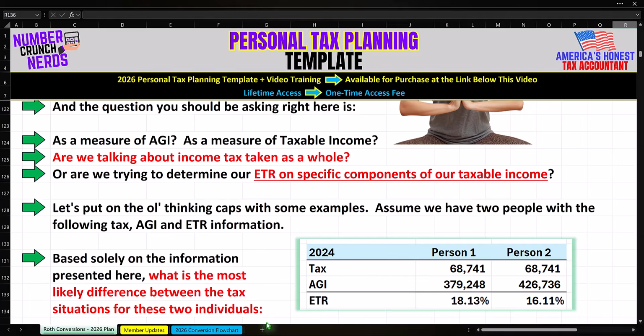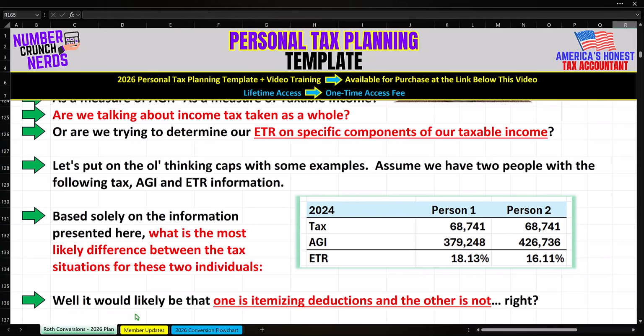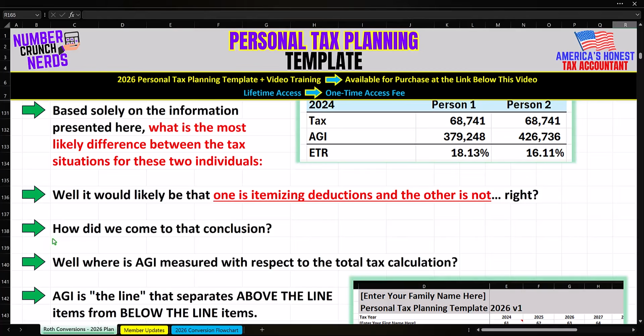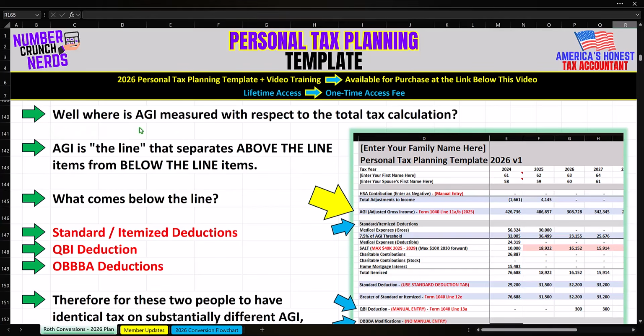for these two individuals? Well, it would be likely that one of them is itemizing deductions and the other one is not, right? Okay, wait a minute. Now, how did we come to that conclusion? Well, where is AGI measured with respect to the total tax calculation? And the answer is that AGI is the line, quote unquote, that separates above the line items from below the